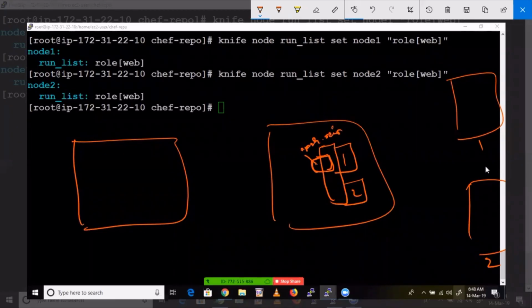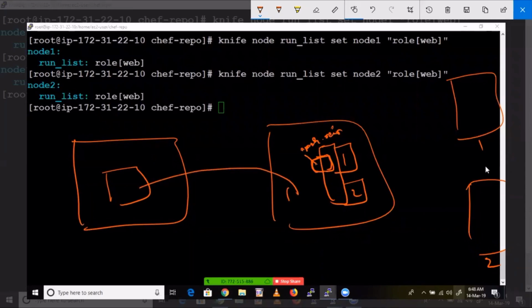Now just assume that we have already created the Apache F1 cookbook, with the Apache F1 recipe inside. You upload that cookbook to server. That's it. So that recipe you have already attached in the role, so that means you uploaded that recipe. That actual physical recipe, whose name you already gave in the role, will get authenticated and automatically be attached.